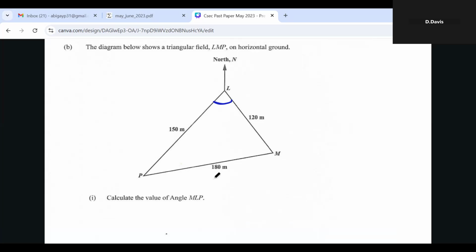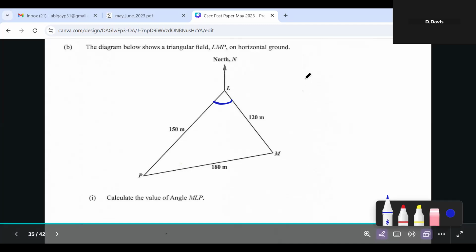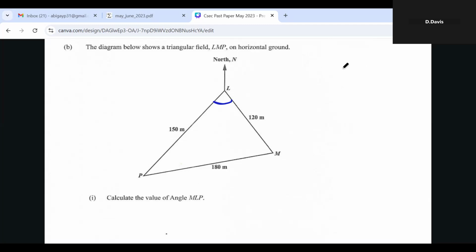Also, we're going to use the cosine rule. So the rule says when using the cosine rule is when you have all sides, but you don't have the angle, you can use it. So let us use that. Let's just put it on this bar over here. All right, so the cosine rule states